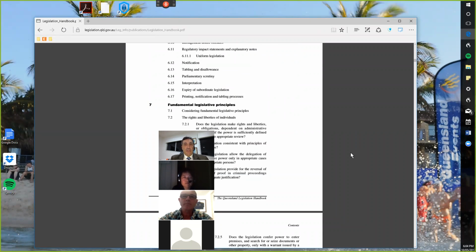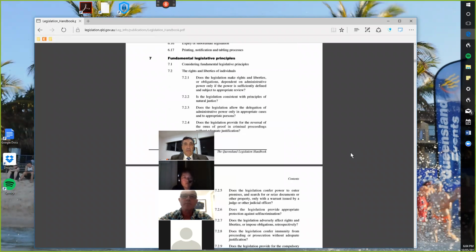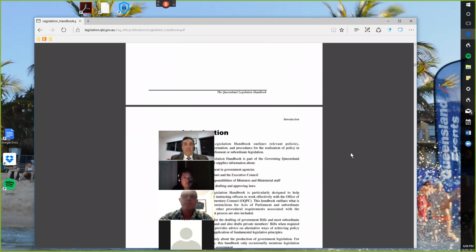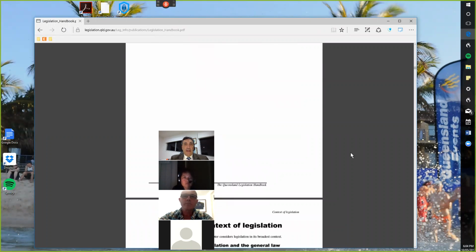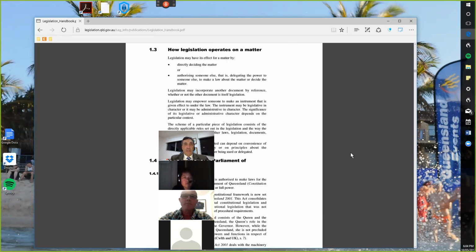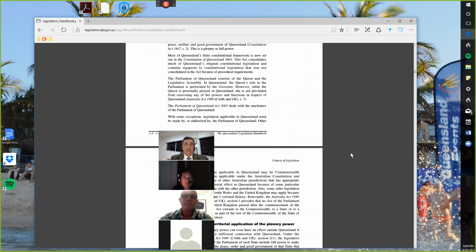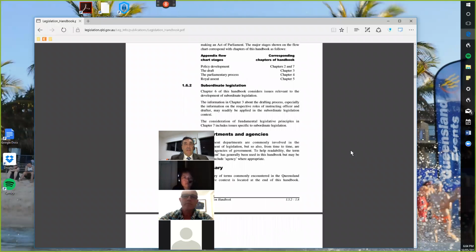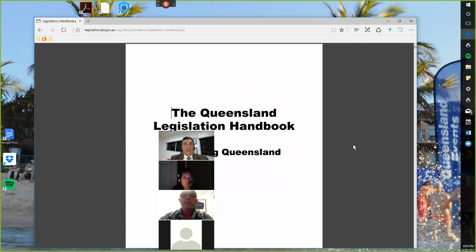Fundamental legislative principles, that might be something that you could use in an argument to support a claim that you make. So that's the glossary, the foreword, and then we have the content, which expands on those areas of discussion. So keep that up your sleeve. It's the legislation handbook, and something that's often overlooked but might be useful.